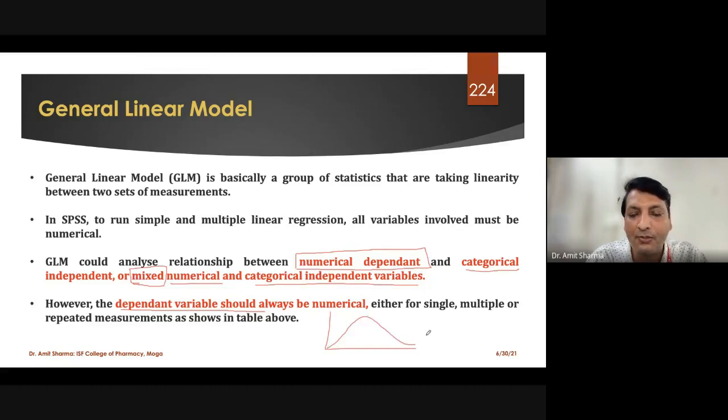Either the data is normal or not normal. So GLM will be applied mainly for those data which are found to be normally distributed. That means if we have got a bell-shaped curve for the dependent variable, then only we are eligible for the GLM. Otherwise, for any type of skewed data, either positive skewness or negative skewness, we will not run the GLM.